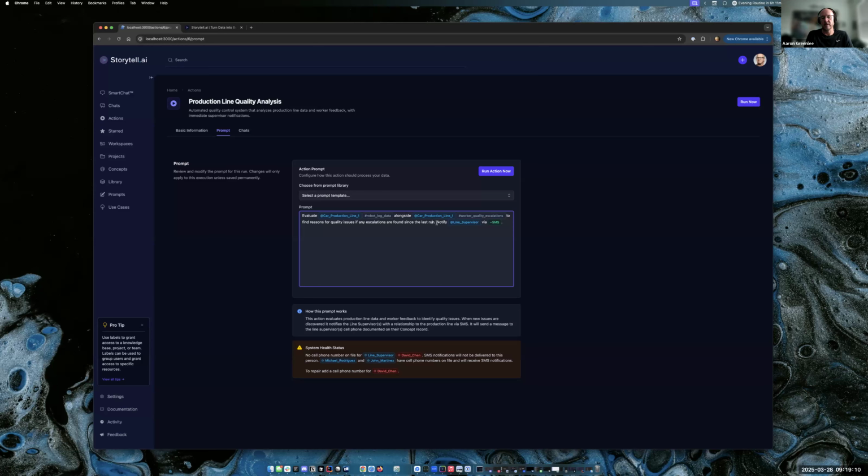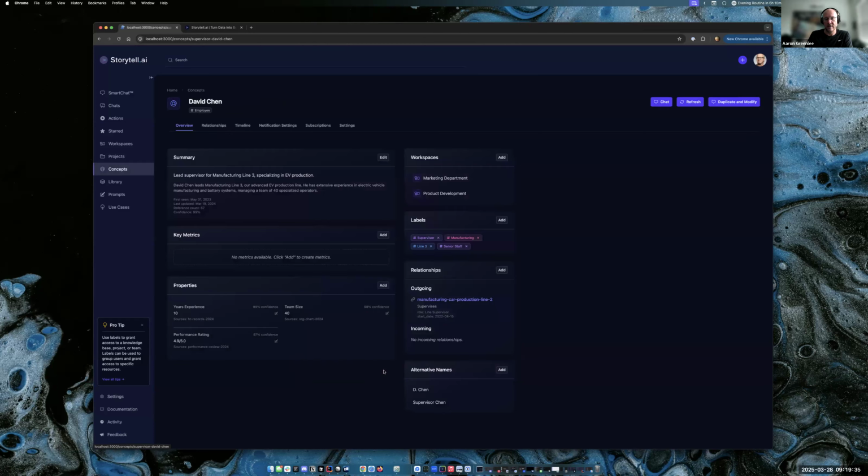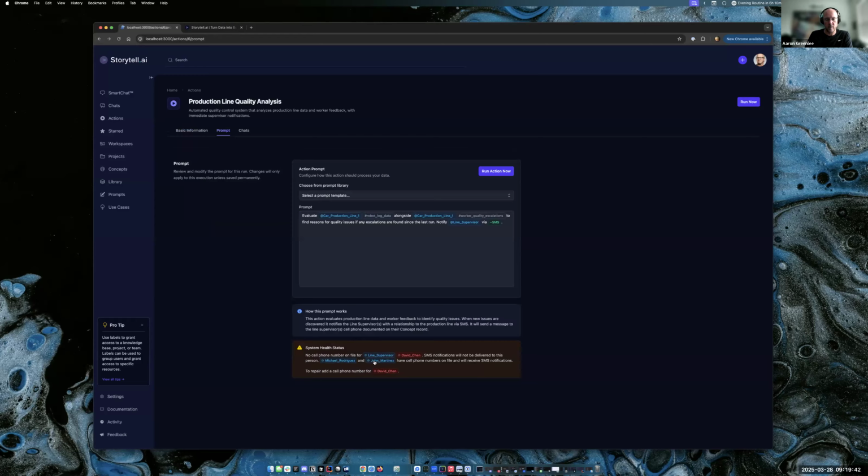And this particular prompt is showing that this action is degraded. It's not working perfectly. And the reason for that is that there's no cell phone number on file for line supervisor David Chen. These other 2 line supervisors have a property as part of their concept record that is a cell phone, but David Chen does not. And so we could heal this and fix it by going over to David Chen and adding a new property and doing it manually. Or if I go back here, we could click over here into